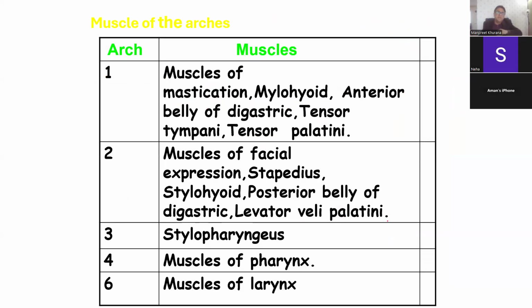Now muscles, they're very important. The muscles which are formed from the various arches. Now the first we have the